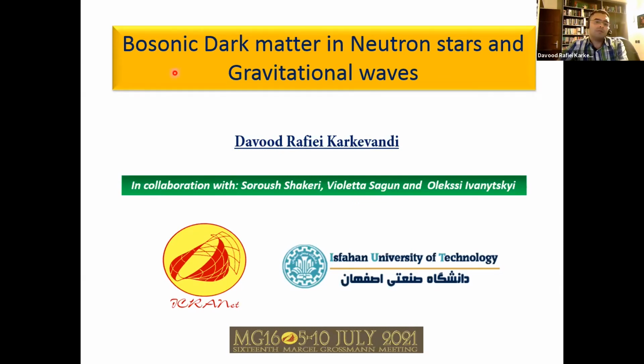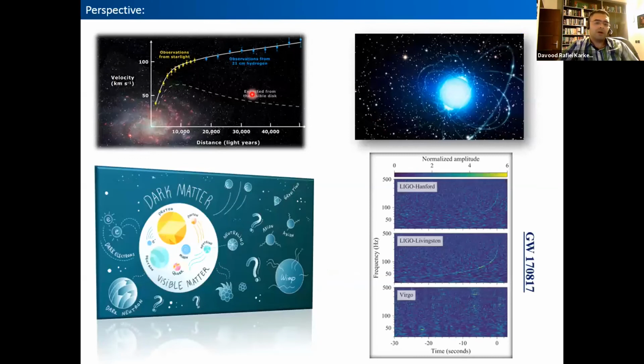As you can see here, we face 4 different terms: bosonic, dark matter, neutron stars, and gravitational waves, which through this talk, I will explain the relation between these terms. I mean, we have several